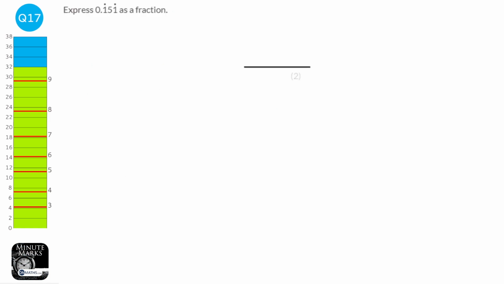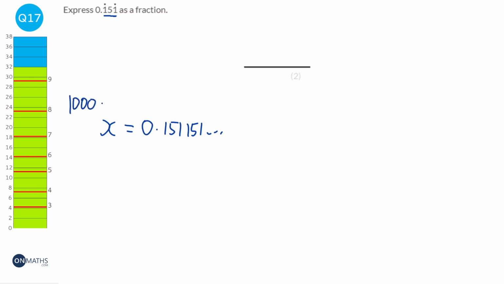We're going to first of all get x equal to 0.151151 blah blah blah. And what we need to do is we need to pull all of the recurring numbers in front of the decimal point, or at least one instance of them. So I need to times it by 1,000. So we're going to do that. Times it by 1,000, and we'll get